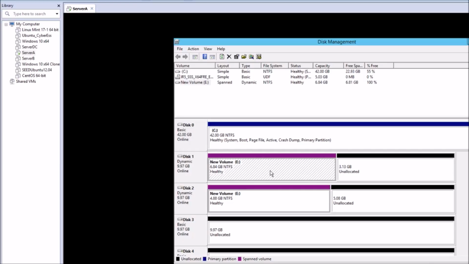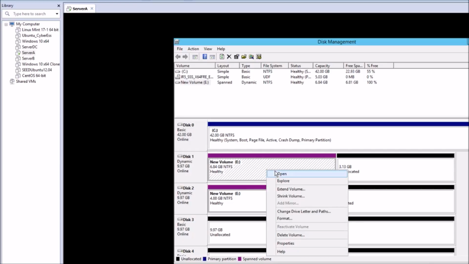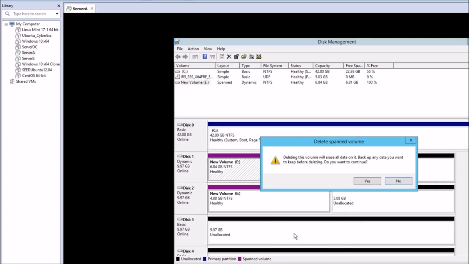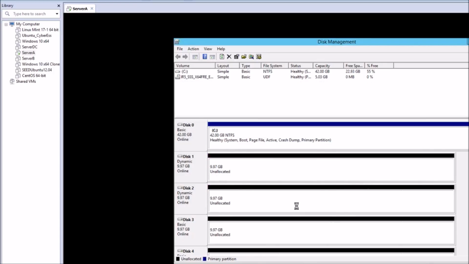And now we're going to delete the spanned volume. To do that, you just delete one volume, and it deletes both of them. They go back to unallocated. And as you can see, what happens, to make it expand, it converted the dynamic disk, and then when you delete it, it goes back to basic disks. Okay, so now